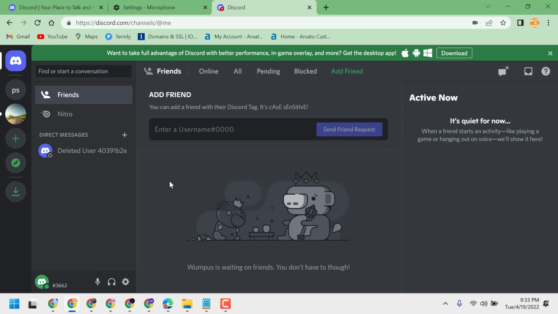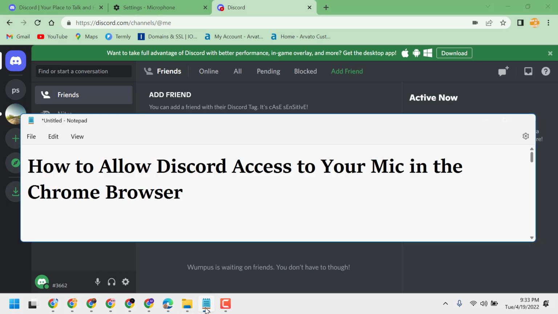So this way guys you can fix and resolve, and you can allow Discord access to your mic in the Chrome